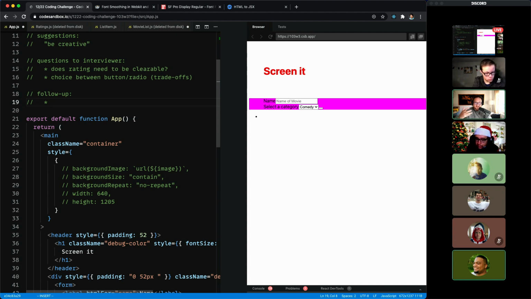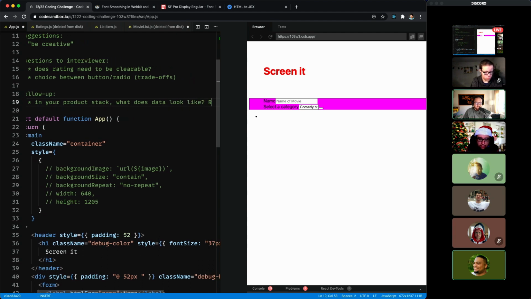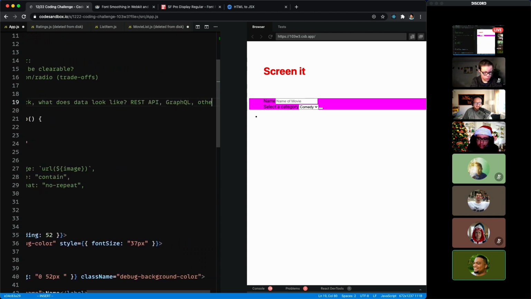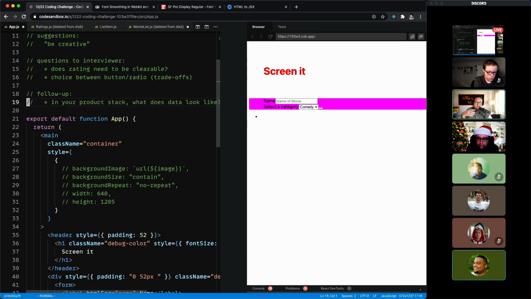You could demonstrate your curiosity about it as a next step, as a follow-up question, like, in your product stack, what does data access look like? And you could even flesh that out a little bit, like REST API, GraphQL, other, etc. That's a way to demonstrate that you are curious about it without having to spend an hour